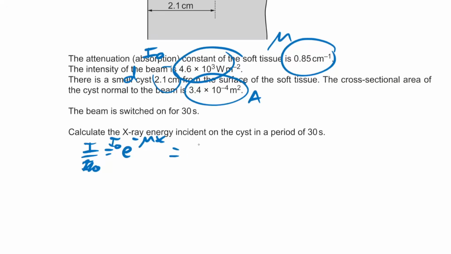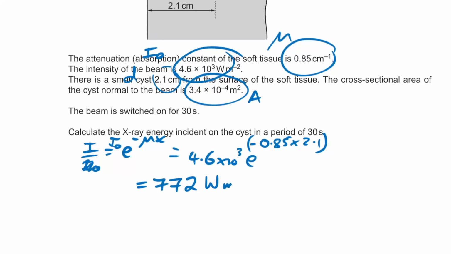That's equal to our incident radiation, 4.6 times 10 to the 3, 4,600, times e to the minus 0.85 times 2.1. They're both in centimeters, centimeters to the minus 1, so we don't need to convert anything there. So I'm going to do the e bit first, and times that by 4,600. And that gives us an intensity on the cyst of